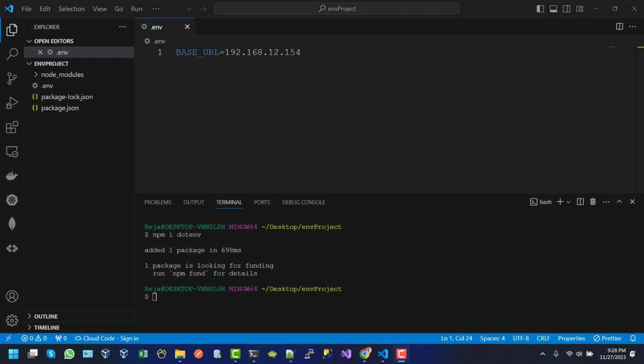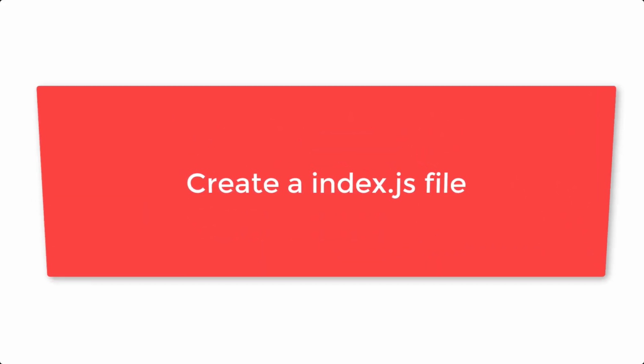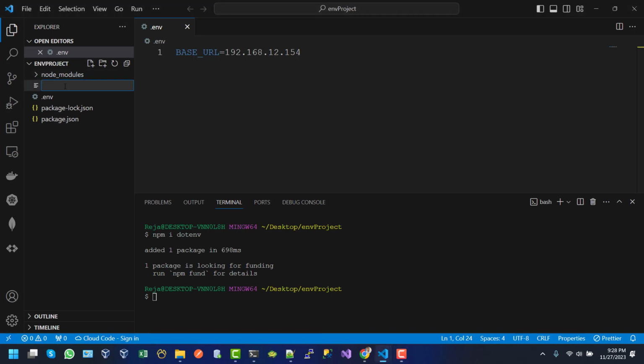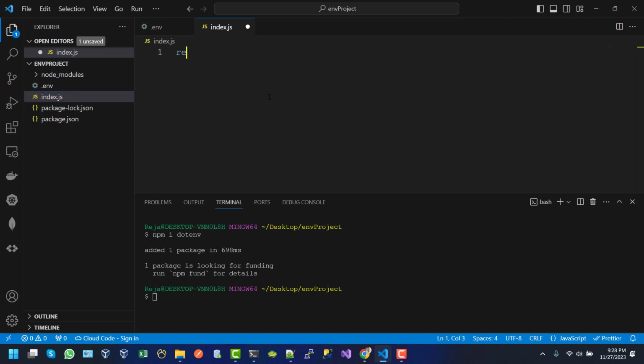Now I just want to create the index.js file. Let's create it. Yes. Inside this index.js file, I just want to write something like require, inside require dotenv .config,